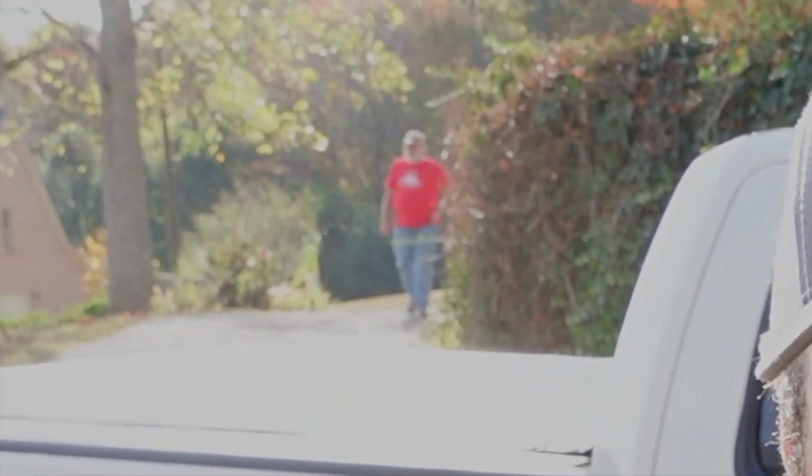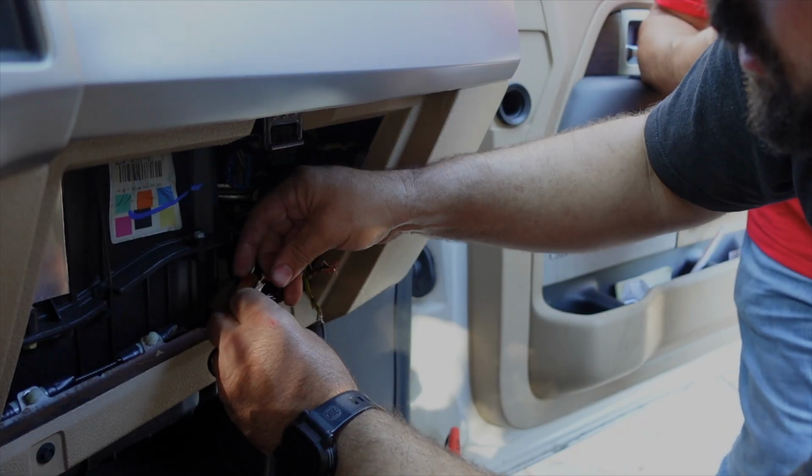Before this truck or your truck burns down. But we're having some trouble out of this truck, and now he's had it long enough. He's put about 100,000 miles on it, and